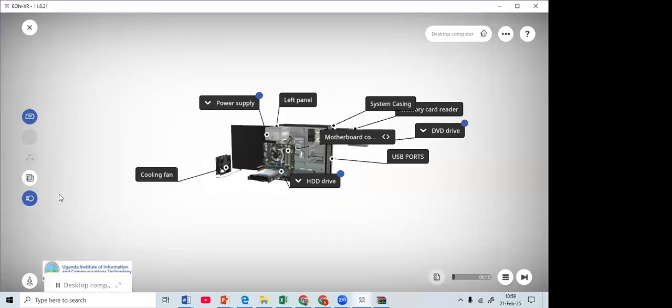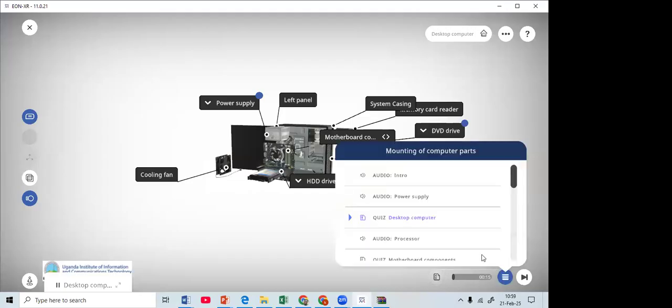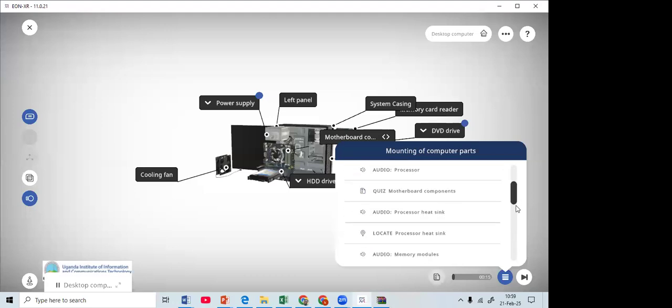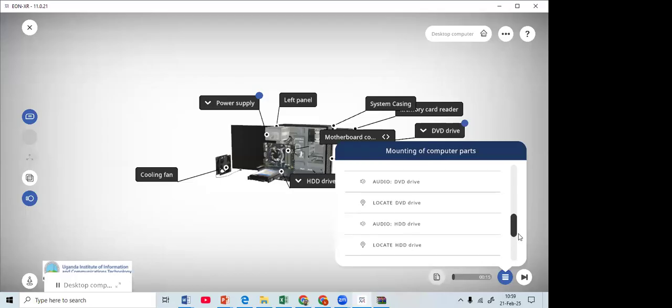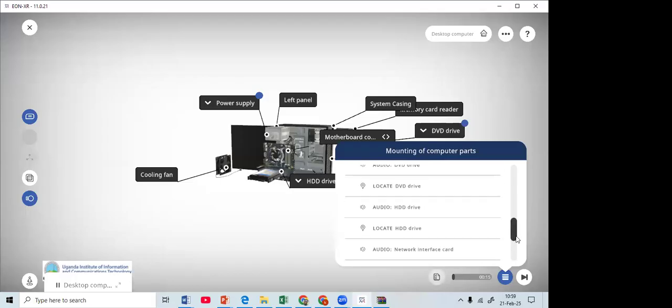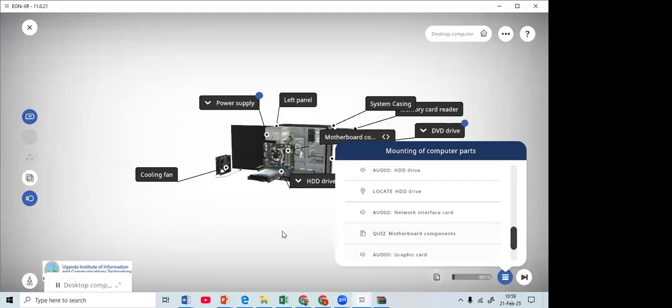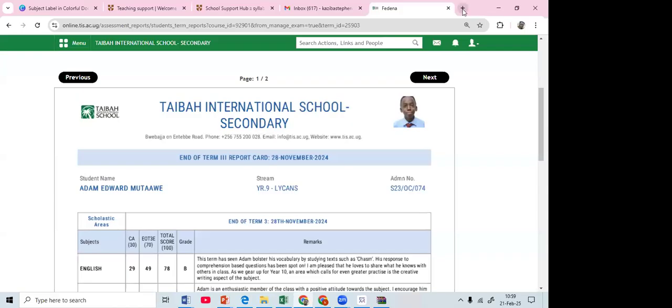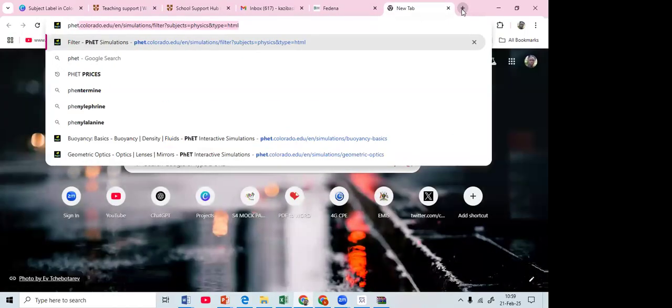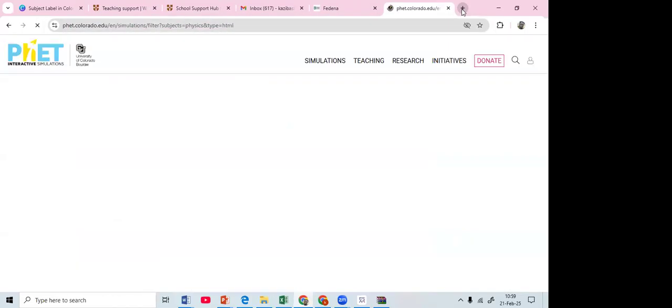I can play it as an animation, but the beauty with EON is that it even has quizzes, so you can tell the child to do the quiz afterwards. It has quite a lot of things you can do. It even has audio to support special needs children. So you can use EON to improve your lessons. You can go on and use Fate. Fate is another one if you are teaching sciences. You can go on